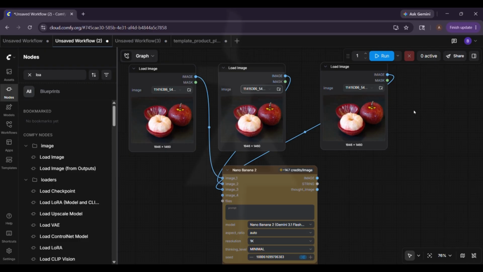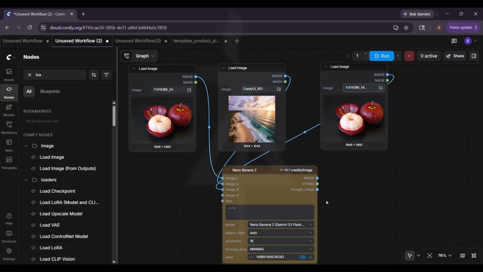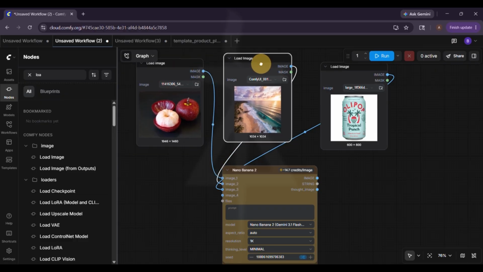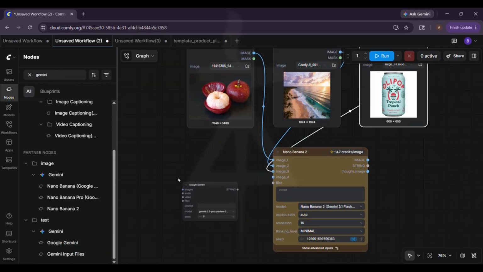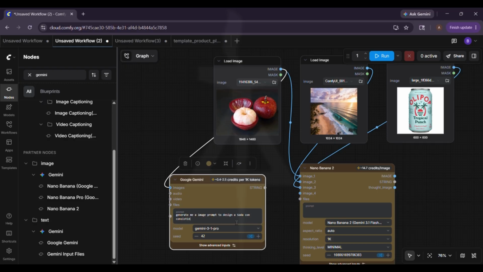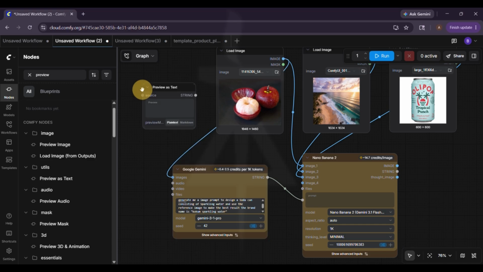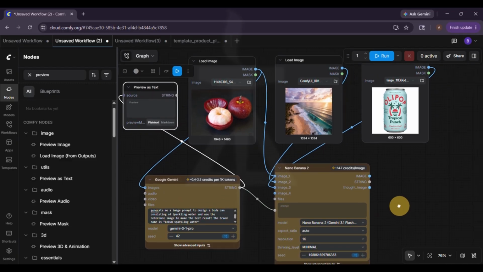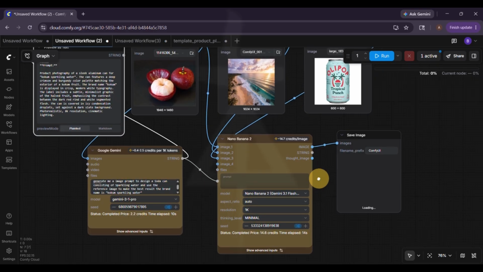Now the reason why I'm using Nano Banana 2 here is because it supports multiple image inputs, whereas other models do not allow this as such. So I've uploaded all my reference images. Let me search for Gemini. I want a good, proper image generation prompt, so I'll be using Gemini for this prompt generation. I'll give my Gemini a prompt and then connect this to Nano Banana. We'll also have a Preview as Text node so that we can see what prompt it has generated. Now let's run this node,